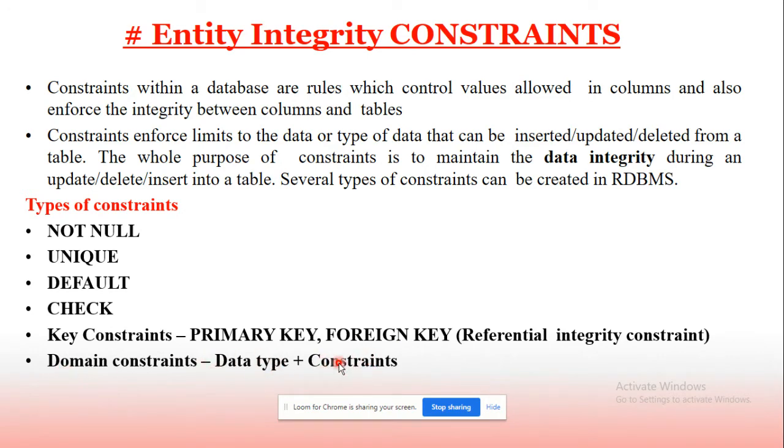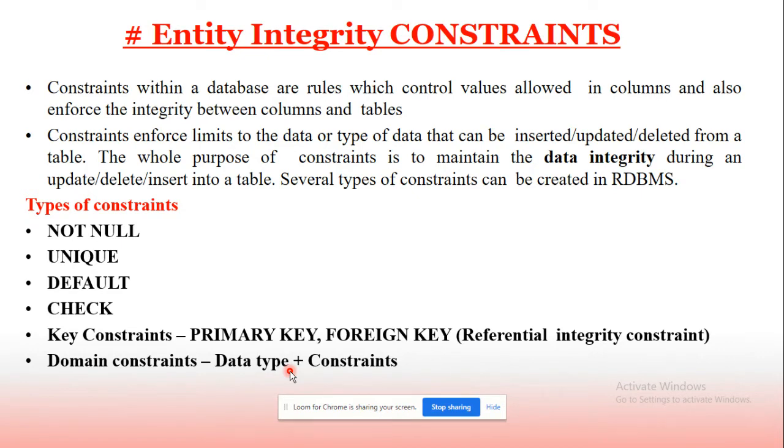So by domain constraint we mean that domain is a particular column. Suppose for a mobile number or any roll number, I am not supposed to enter any string. If I have not specified any constraint, the data type is acting as a constraint for that particular field.